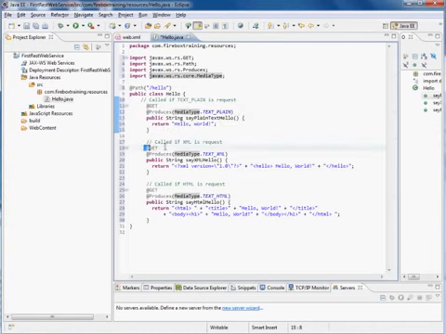Notice that the get method is used for all of these. For right now, we're just going to stick with get. There's other options such as post, put, delete. Okay, so this path here is pretty important. This path would be tacked on to the end of the URL. So if you take a look here,